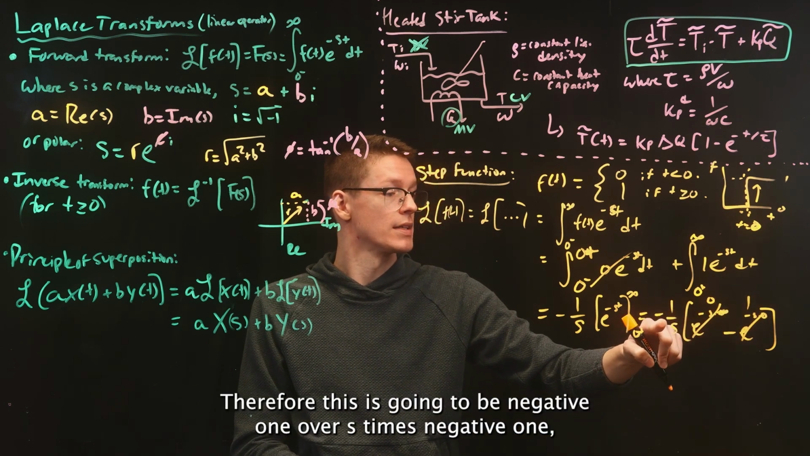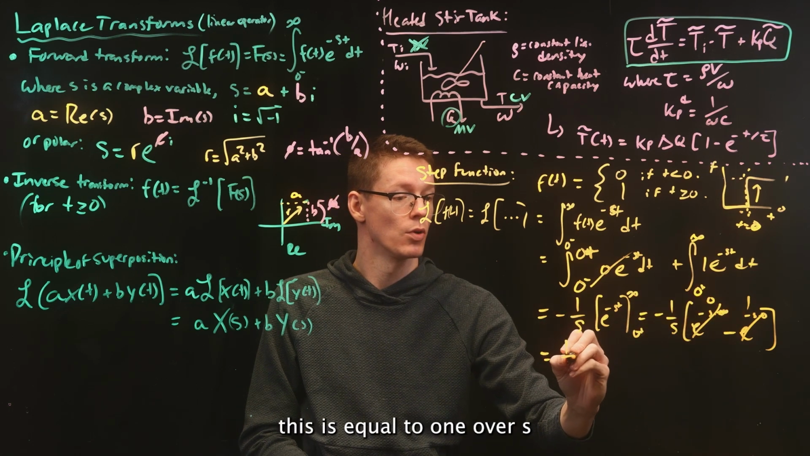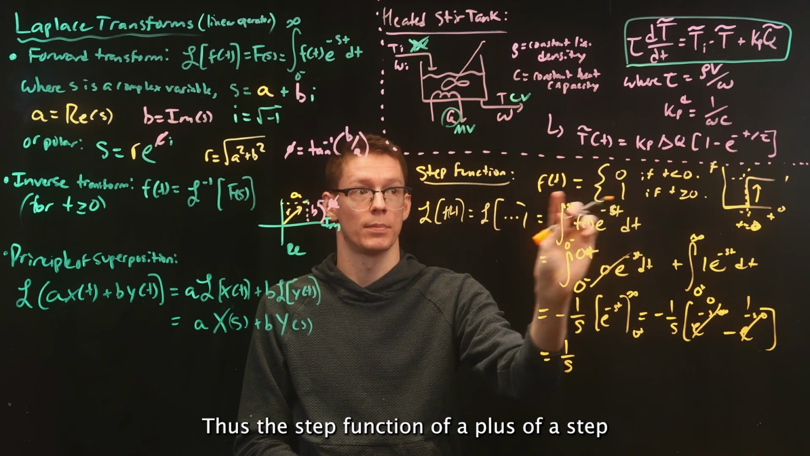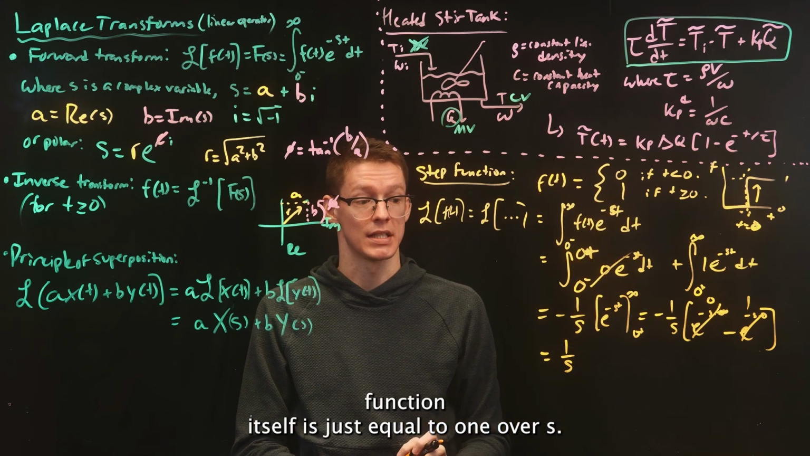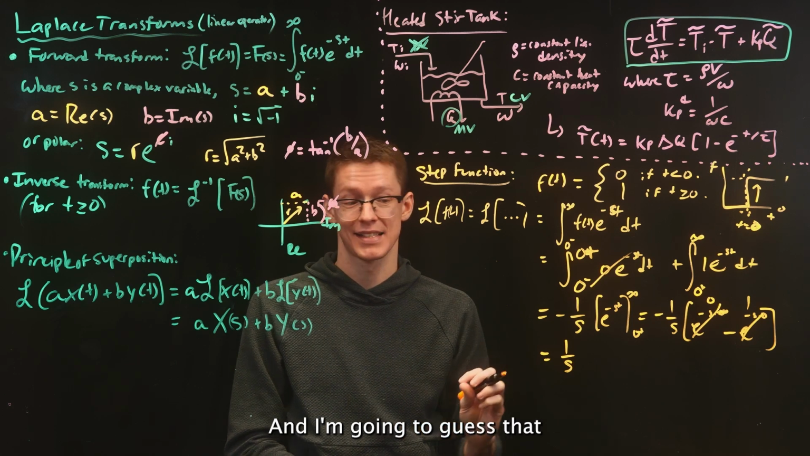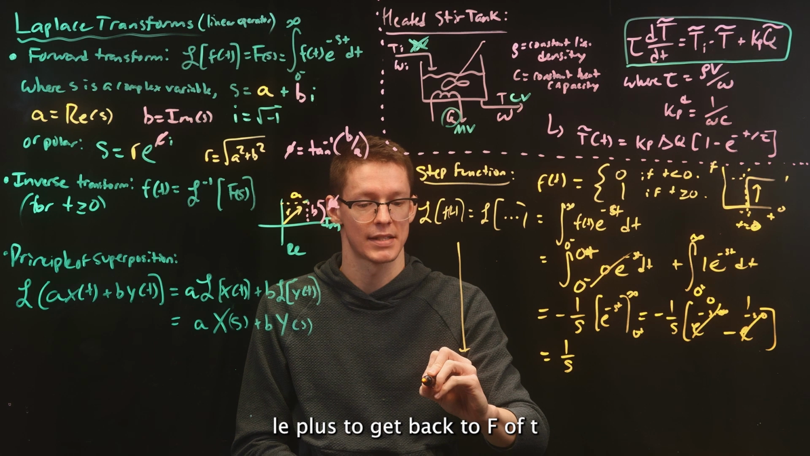Therefore, this is going to be negative 1 over s times negative 1. This is equal to 1 over s. Thus, the Laplace transform of a step function is just equal to 1 over s. And I'm going to guess that that means if we take the inverse Laplace